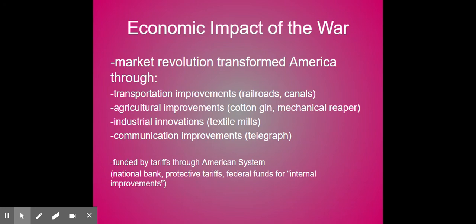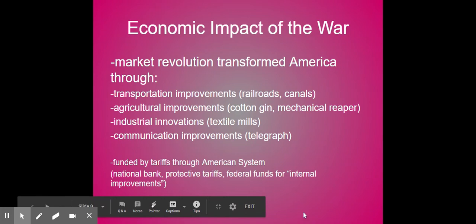We're divided. We don't have a strong navy. We don't have a strong army. We get defeated when we try to invade Canada. But then through a series of blessings, okay, we end up turning it around and we're going to end the war on a pretty high point. And we're beginning to exert ourselves as a world power. It's going to take us a while, but we're beginning to exert ourselves as a world power as well. And that's the theme that we're going to pick up when we talk about the Monroe Doctrine, which is the last lesson that we have to worry about for this week.